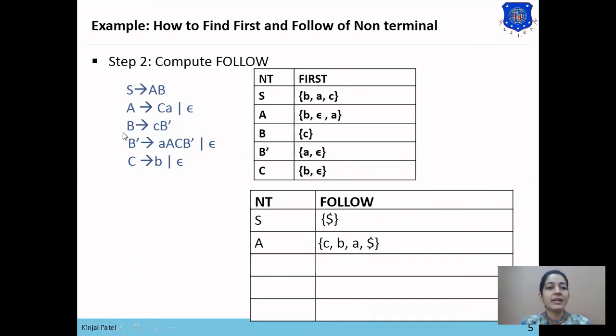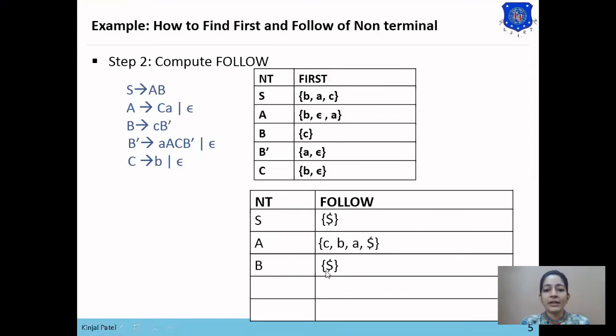So as we have not found the follow of B yet, first we need to find the follow of B. So to find the follow of B, we'll check for the symbol B in the right hand side of grammar. So here in the first rule, B is present. As no symbol is following capital B, the follow of S will be added in follow of B. So follow of S is dollar.